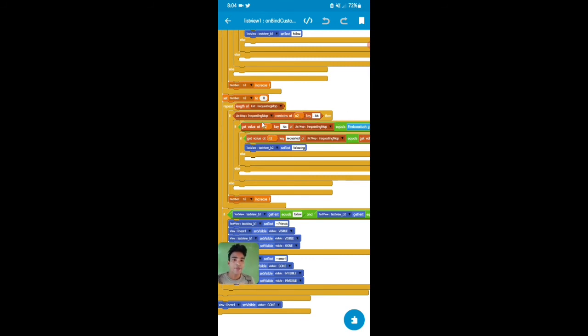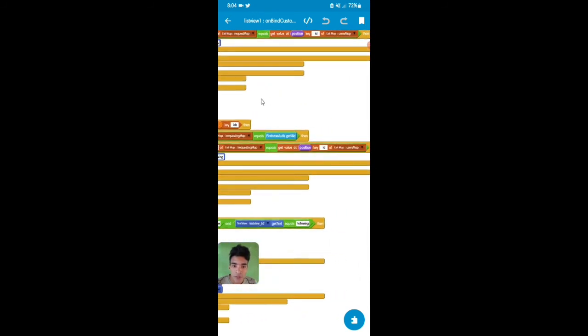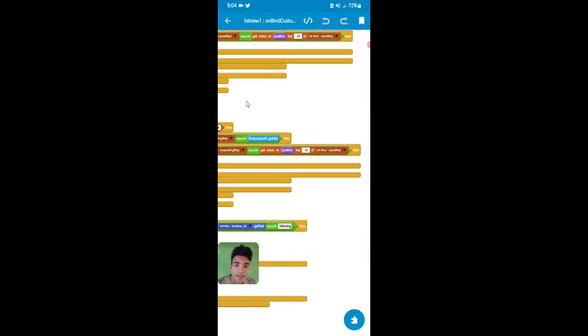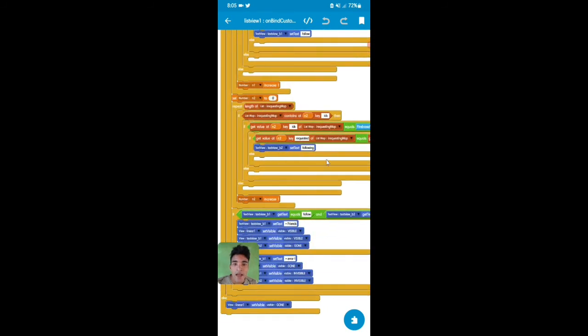Then if get value at n2 key IDs of list map I requesting map equals to Firebase get UID, then I'll add an if else block, and then if get value at n2 key requested of list map I requesting map equals to get value at position key ID of list map user map, then I'll set text view b2 set text following. Okay, and then inside the repeat block I'll add number n2 increase 1.